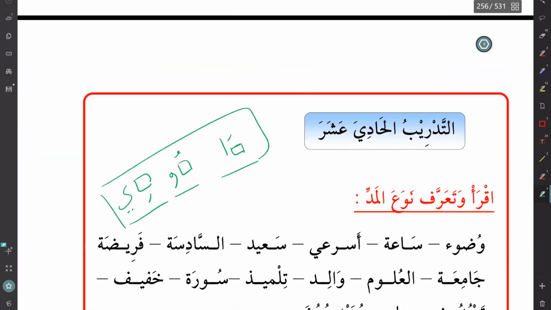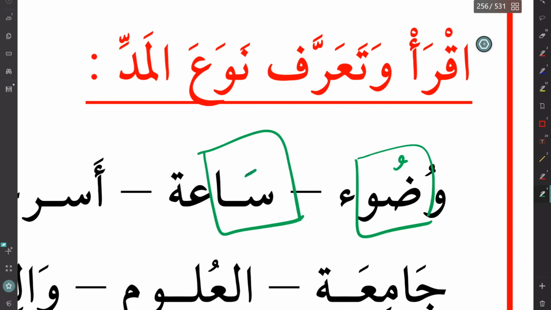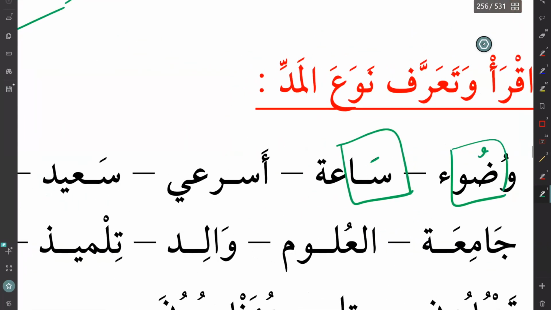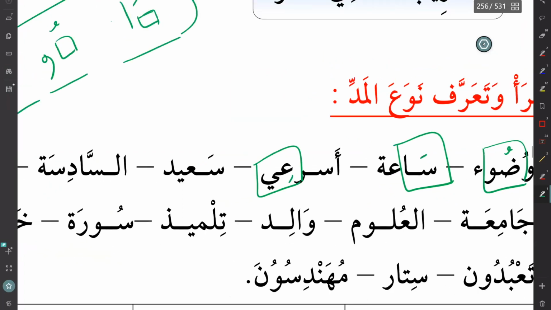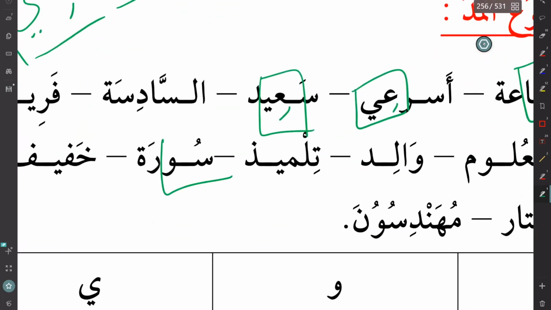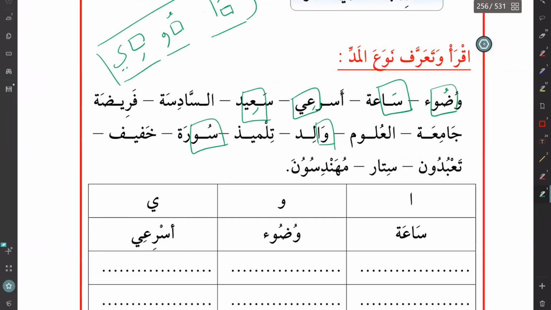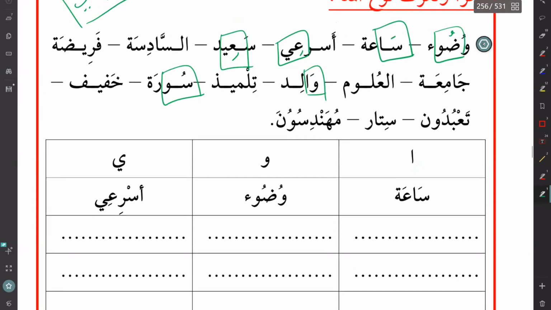So we have, for example, this one, wudu. Here we have a madd because we have fatha and alif. And asri'i, here we have a madd because it's kasra here. Sa'id. So here we have a madd. Okay, you understand? Surah. Walid. I'm pretty sure you guys understand that. That's not a big deal. So you can go through them. And now